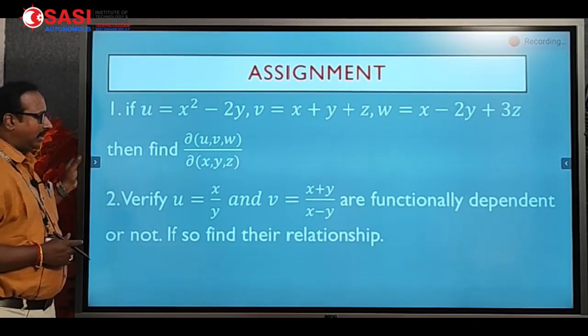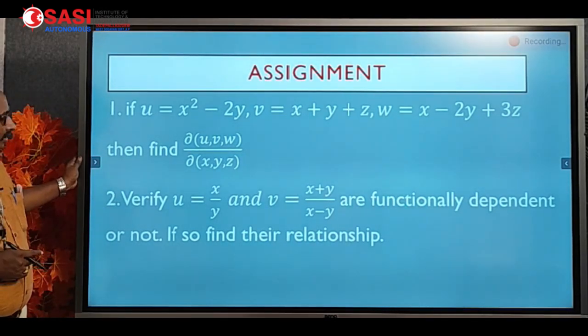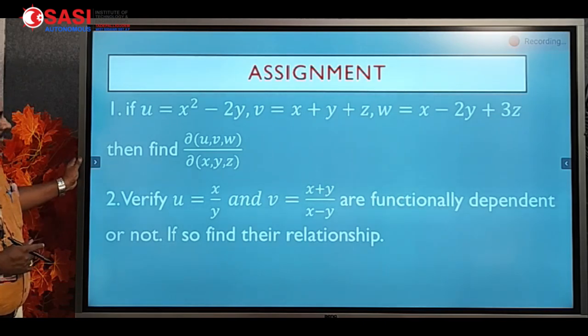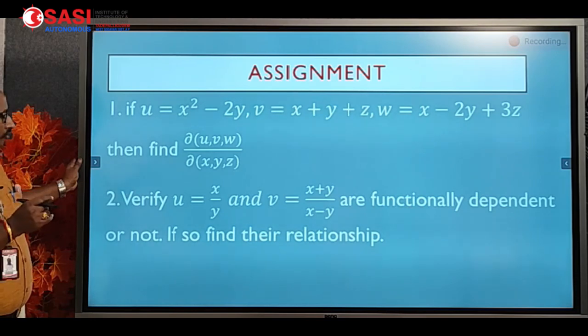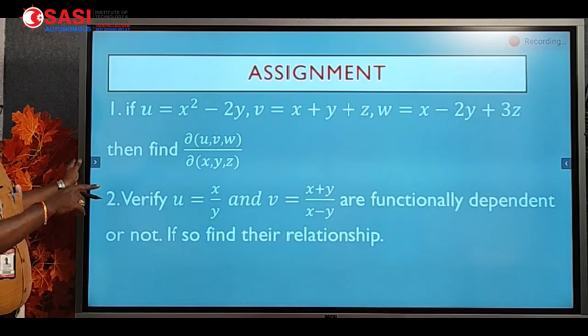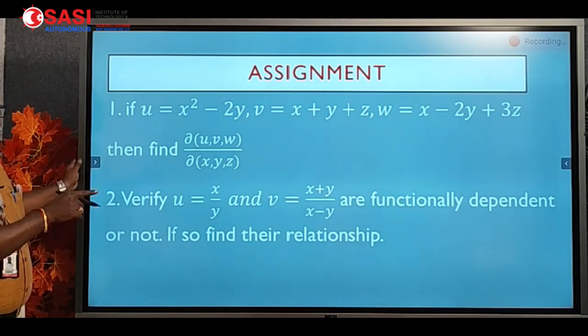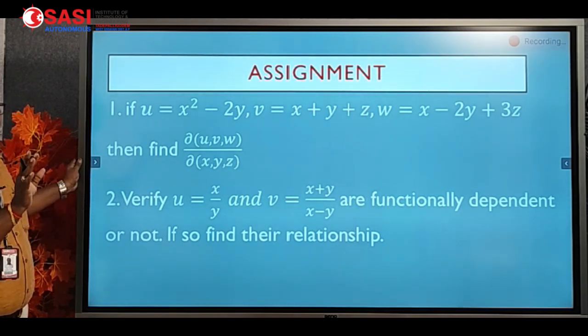So now second problem related to functional dependence, right? So they are given u equal to x by y and v equal to x plus y by x minus y. Simply we have to check whether their Jacobian is 0 or not. If it is 0, then they are functionally dependent. So when they are dependent, calculate their relationship. Okay, so this is